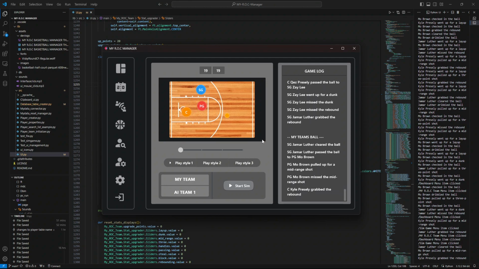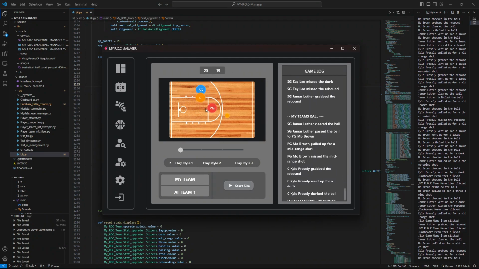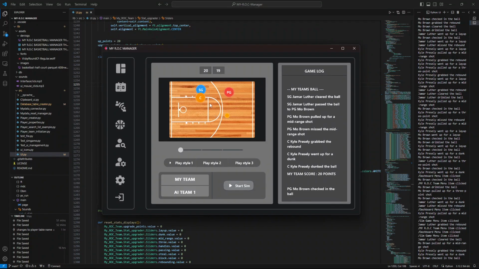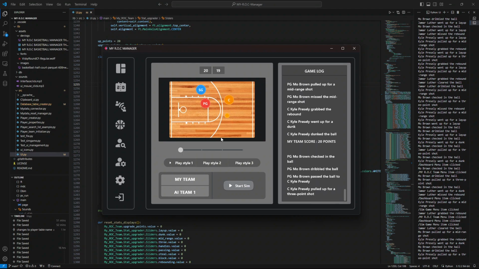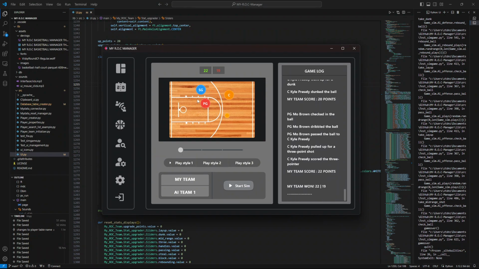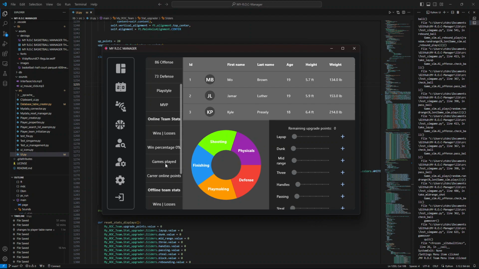So we'll just stay to see whoever wins so I can show you exactly what the rest of the game does. But these stats that you're going to be looking at are the stats that are used to be able to run these characters and determine what they make or miss or what they score. So as you see, my team won 22-19, and this will be updated in the MyR.O.C team for wins and